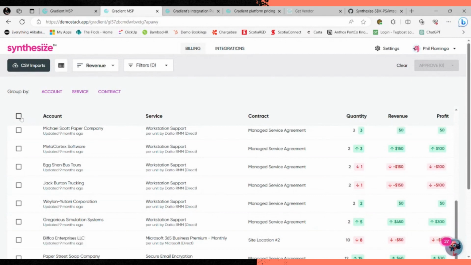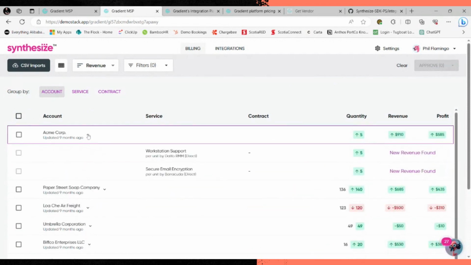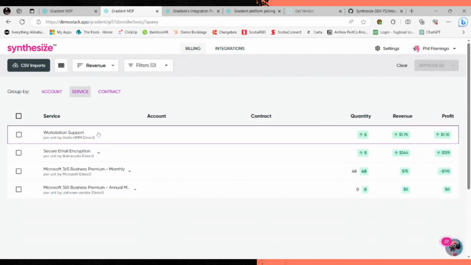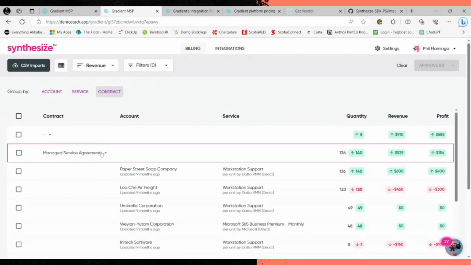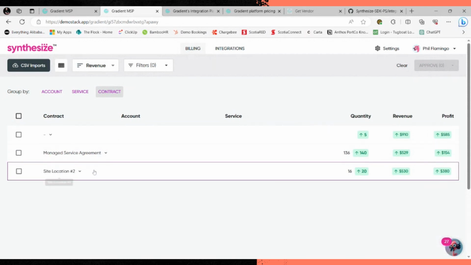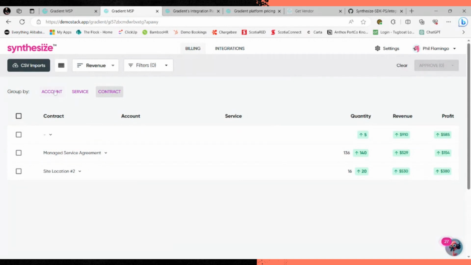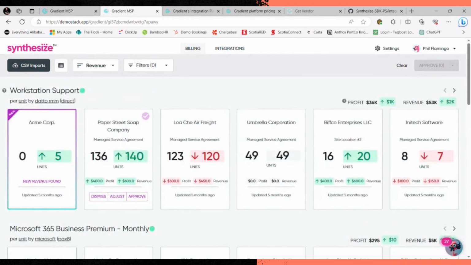I can come here, I can select all, and approve everything in here. I can sort this by account if you want to see each client and what they're billing and what's going on for them. You can sort it by service, if you want to see every service line. I can sort it by contract. So if you've got a standard contract agreement name, if you've got it by security services, managed services, telecommunication service, however you do your contract, you can do all of that here. So you've got the flexibility of views where everything's sitting here for you. You just do the quick review, select it all, approve it. It's written to your PSA, ready for your invoicing now.